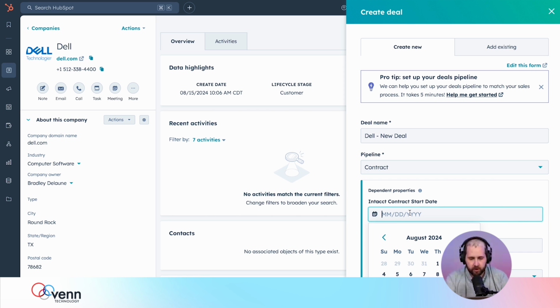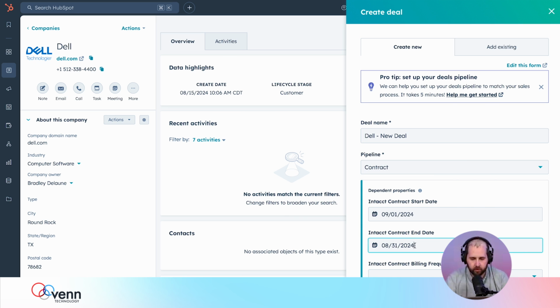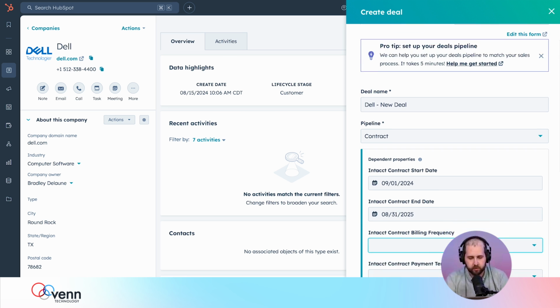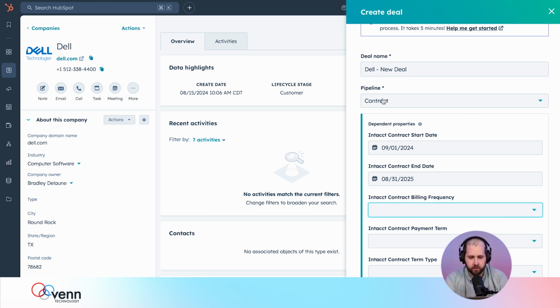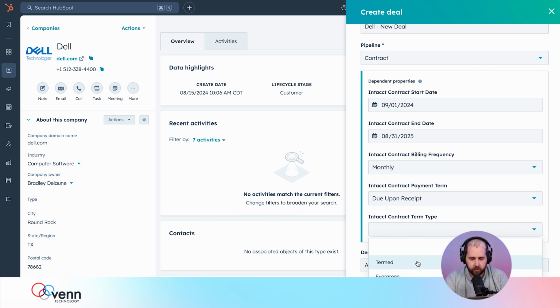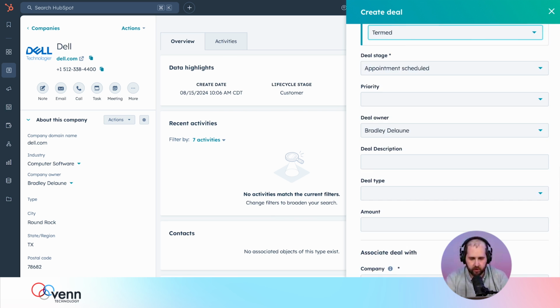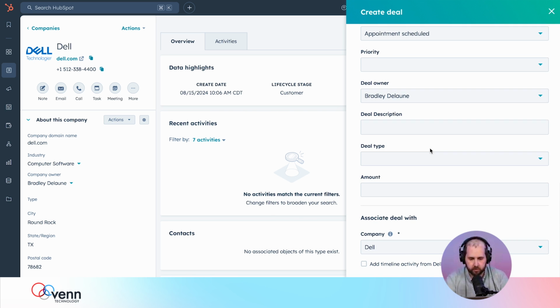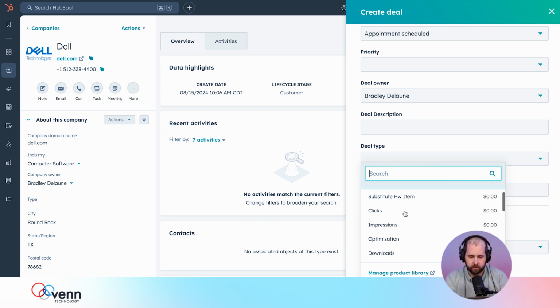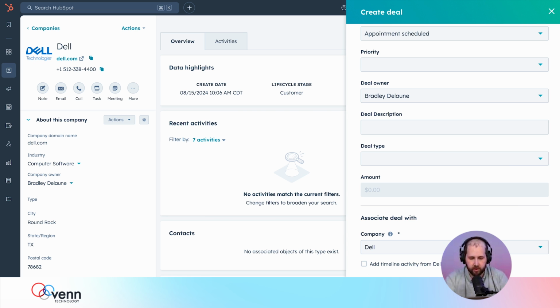If you've got custom pipelines set up, then we can work with that and tie the pipelines to Intacct entities or contracts or order entry workflows and support both. So contracts are a little more complicated. So we've got to select some more information. That can vary. I think what you've just seen there is the bare minimum